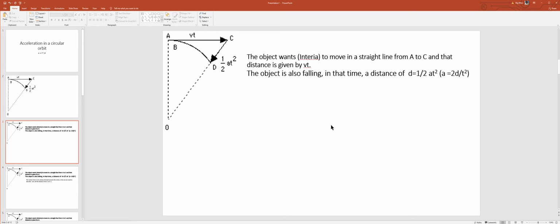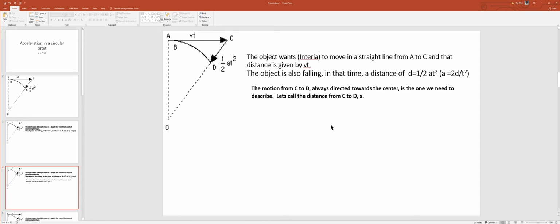So those are the words associated with what I just said. How surprising. Now, the motion from C to D is the motion that we want to describe in some way, so that we can derive the relation between the acceleration and the velocity and the radius. So let's call this distance from C to D x. Now referring to this diagram,